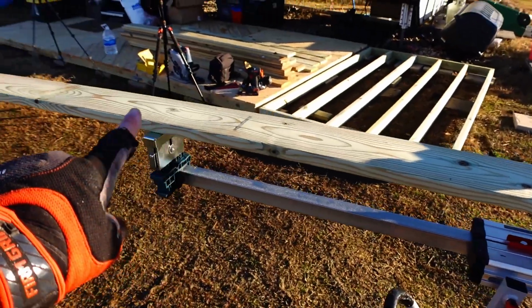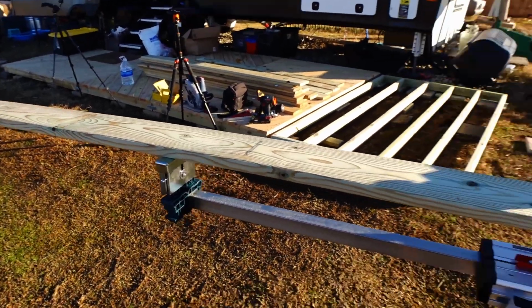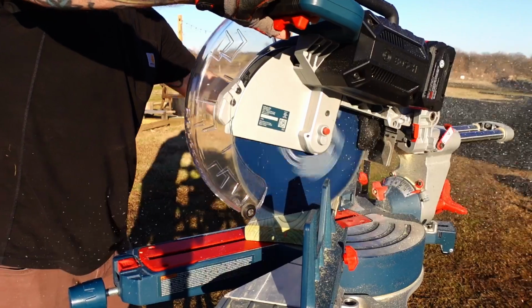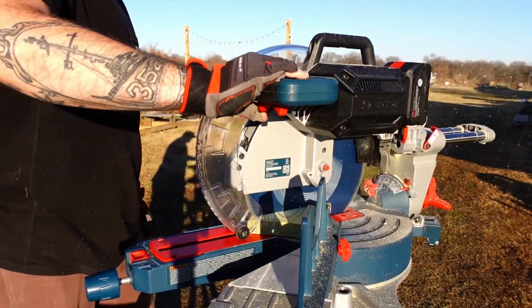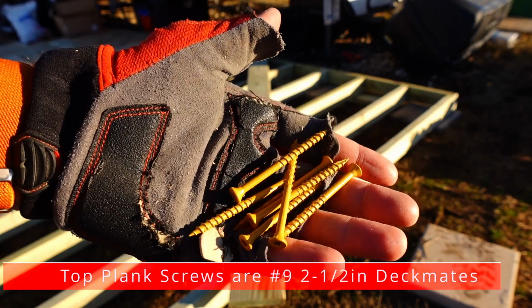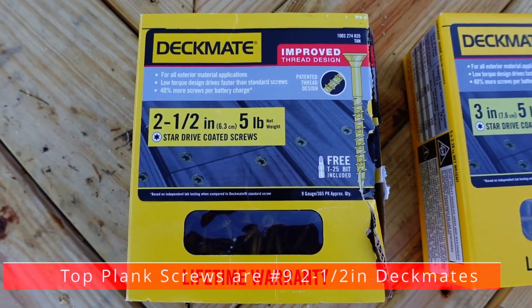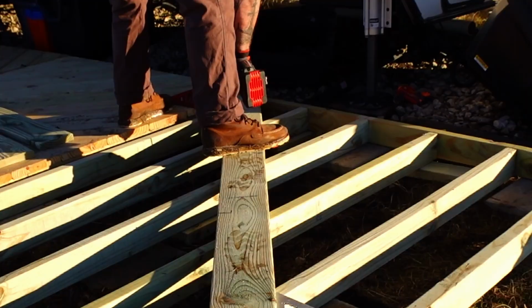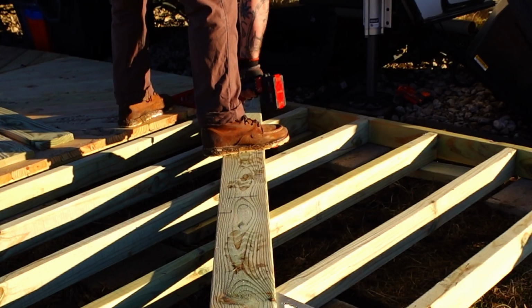But yeah, you can have a full 8-foot plank on this with the clamp holding it in place combined with the stand. So what you're going to do is you're going to cut that first 45-degree cut on the very end of the first board. Then you're going to take that board over to your frame, and you can use your 2.5 inch screws now. Just tack this thing in place for now. You don't need to put screws in every joist, but you will need to come back and do that later,